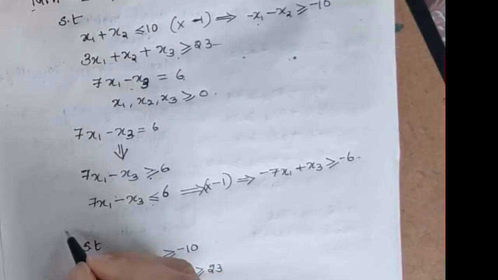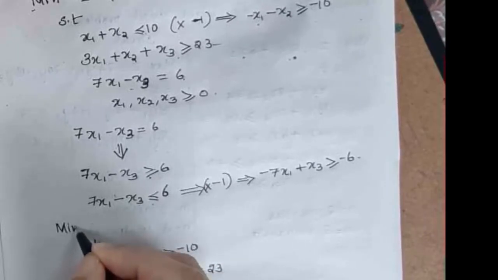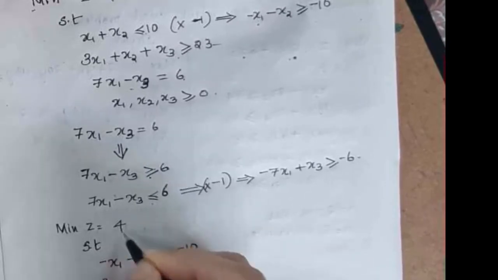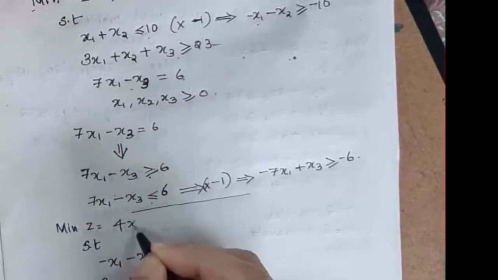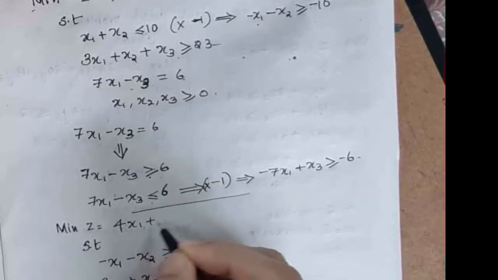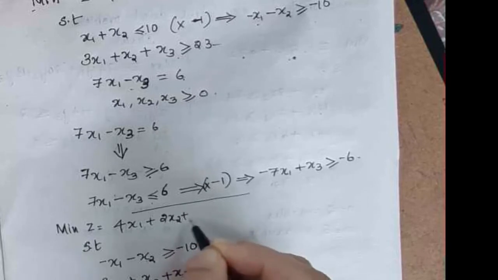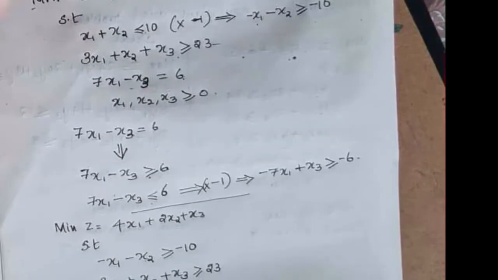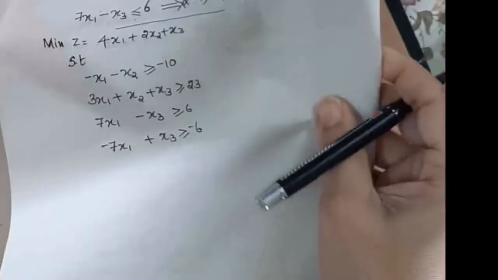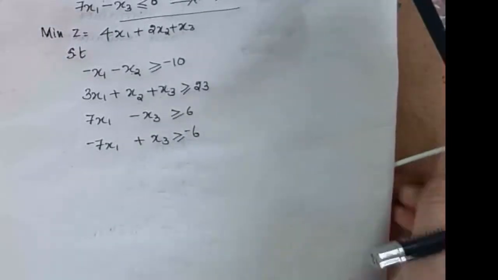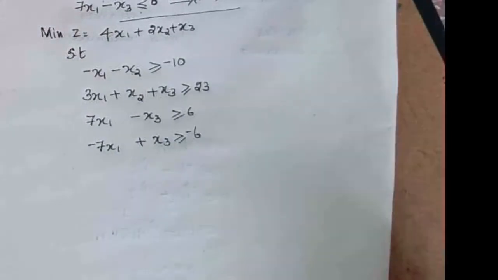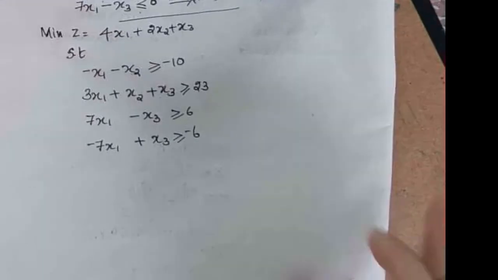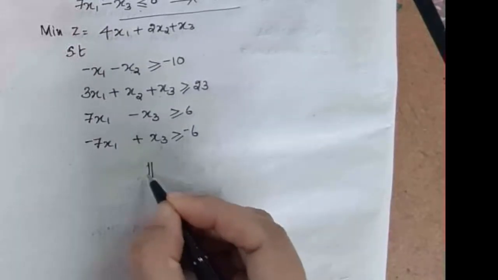And I'll write the problem also here. Minimum of z is equal to 4x1 plus 2x2 plus x3. So this is the problem that we have. Now you have to convert this to maximization. Now it is easy to convert because the inequalities have been changed, the equalities also have been changed. Now we'll write it. We will get the dual as